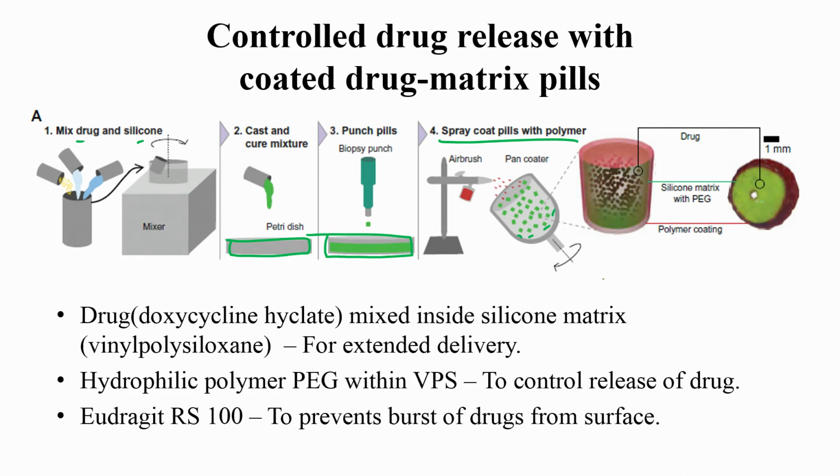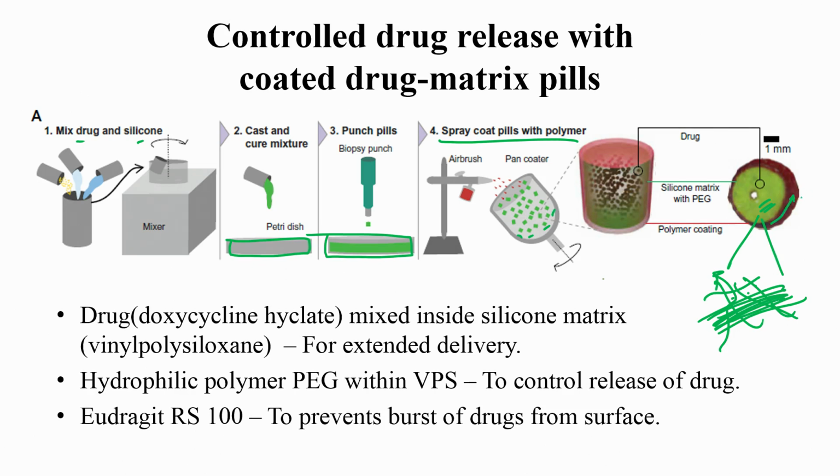So, here is your silicone matrix containing the drug, and you can also put some PEG in it to act as a porogen, through which the drugs can then come out. If I zoom into this further, I am looking at a very dense matrix, and wherever the PEG was, it is going to create pores there through which the drug can then come out. And on the outside you can do any kind of polymer coating,